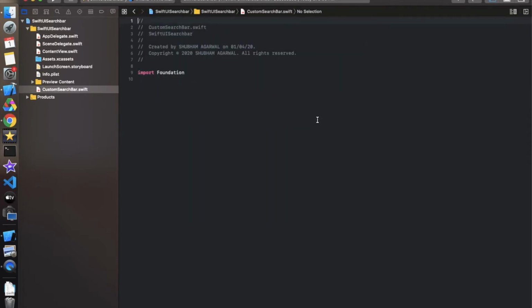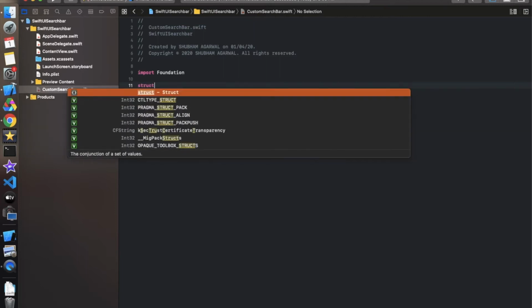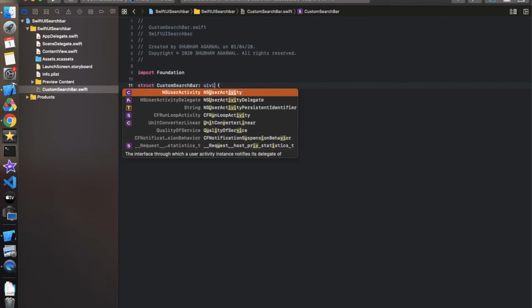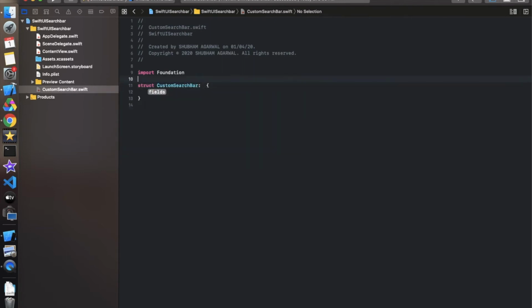After creating this, this class is responsible for the search functionality as well as the design part. For that we have to create one structure over here. Simply use struct like this, and the name is the same as the class name, so custom search bar, and it should conform to one protocol, that is UIViewRepresentable protocol. UIViewRepresentable is not coming because we didn't import SwiftUI.